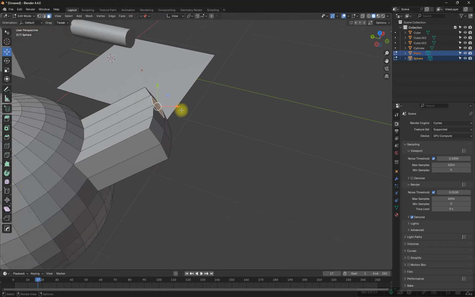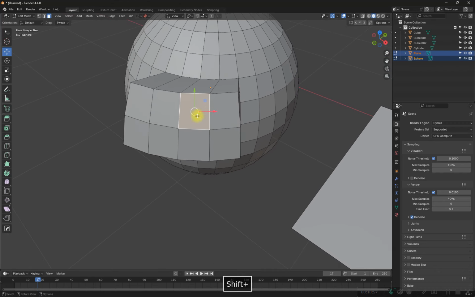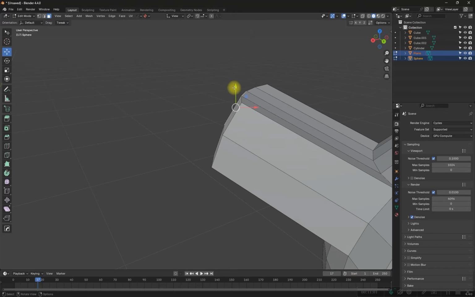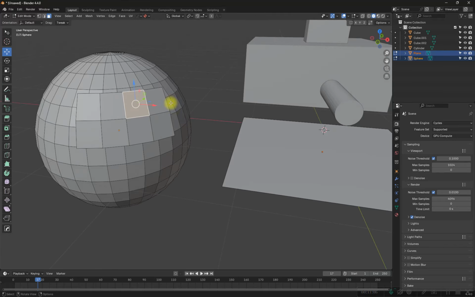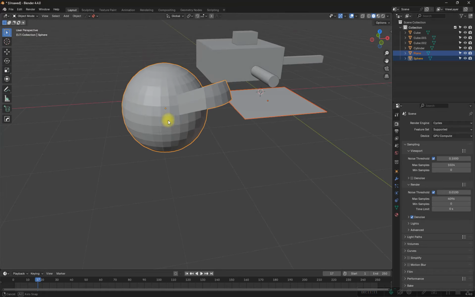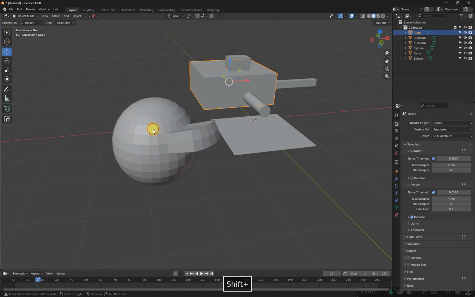So wherever it's facing, wherever my view is, I'm looking at it now. So the top is facing me. If I turn it, it's still facing me. If I change it to global, so by default, the direction of your selection is in global view, or you can change it to local, you can change it to normal, you can change it to view, you can change it to cursor as you want. So let's click on these two and I say